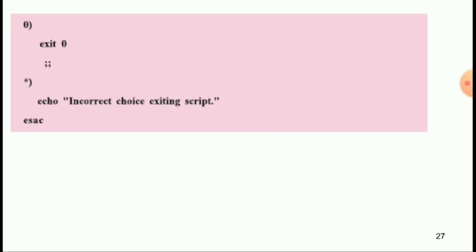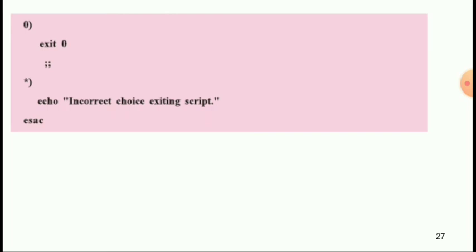Once these are encountered, the control is transferred to the line after the end of the case statement. The end of the case statement is specified by the reverse of case, the ESAC keyword, and the shell then starts executing statements written after the end of the case statement.